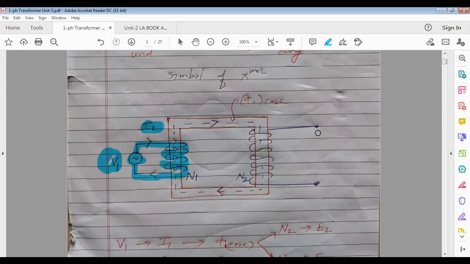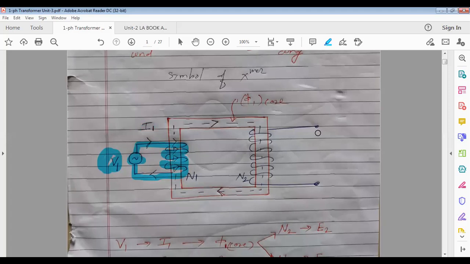If you pass DC current, which has constant magnitude and constant direction, through any conductor, the magnetic field produced by the direct current is stationary. But if you pass AC current, its magnitude and direction continuously change, so around the conductor a changing magnetic field is produced. That is the difference, isn't it? DC current produces a stationary magnetic field. AC current produces a changing magnetic field.